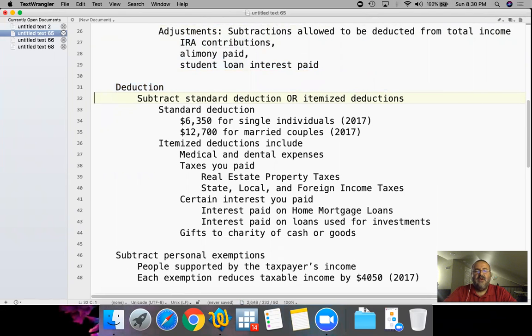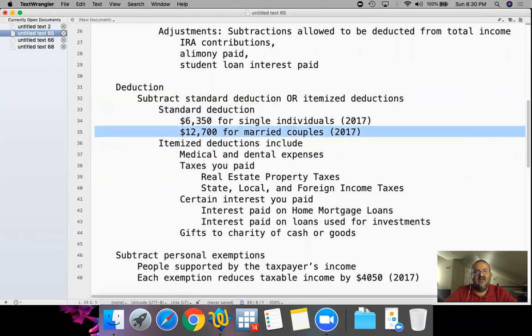So you have a choice. You could deduct your standard deduction, that's every American, or every taxpayer. You don't have to be a citizen to pay taxes. Therefore, not every American. Every taxpayer has the right to take the standard deduction, or you could itemize your deductions. If you take the standard deduction and you're a single person, in 2017, I think it's pretty much the same still,